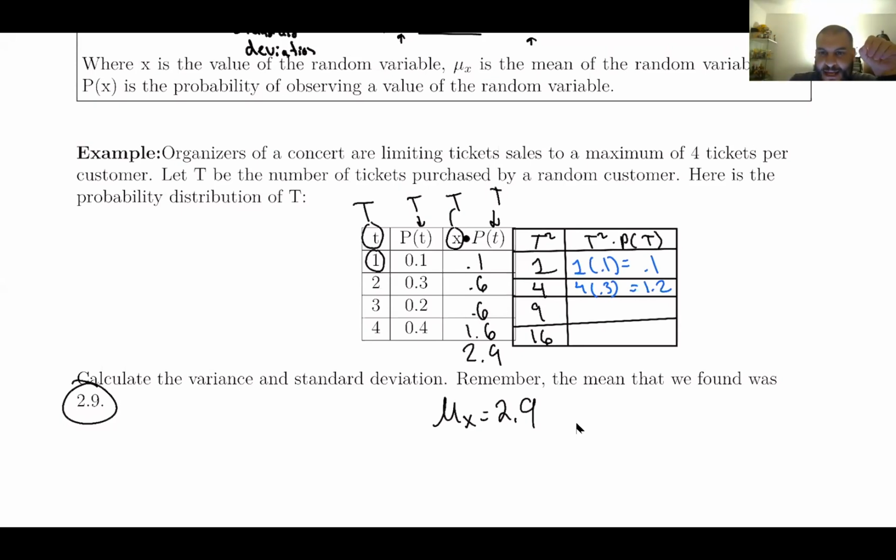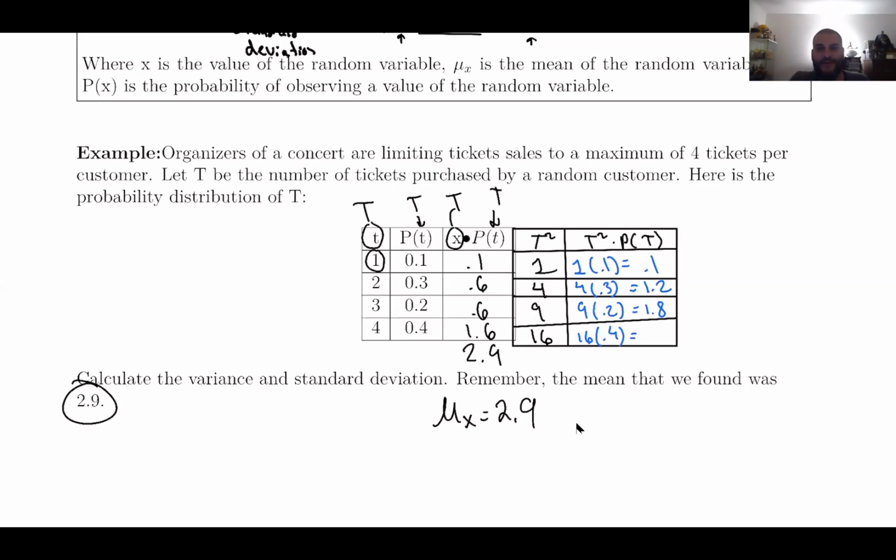Now you get t squared, which is 9, multiplied by p of t, which is 0.2, and you get 1.8. Lastly, you get 16, and you multiply by p of t, which is 0.4, and that's going to give you,